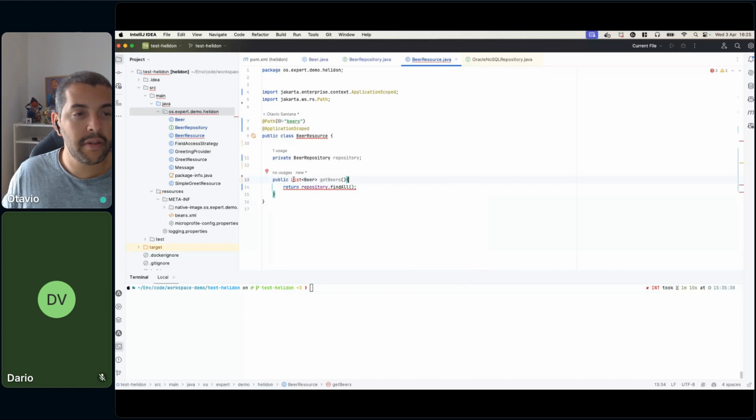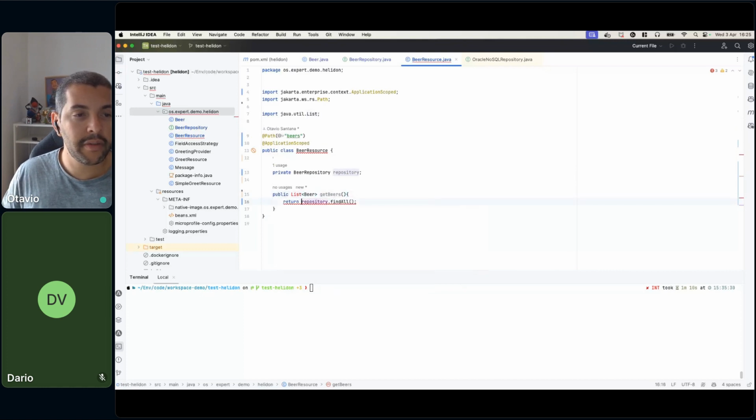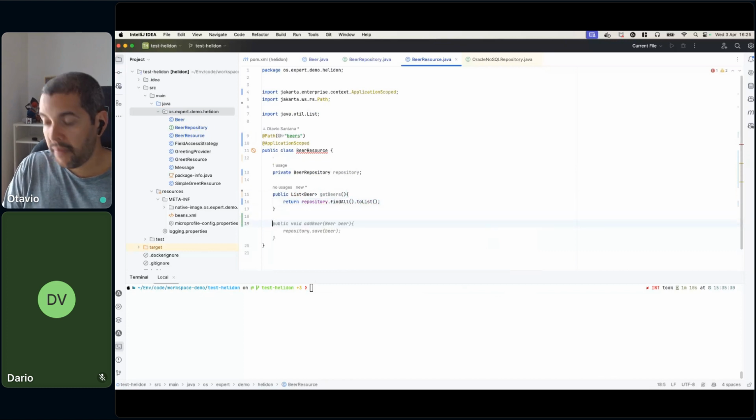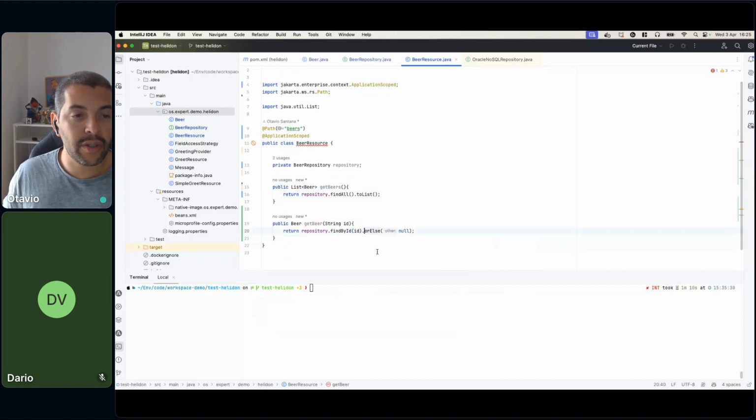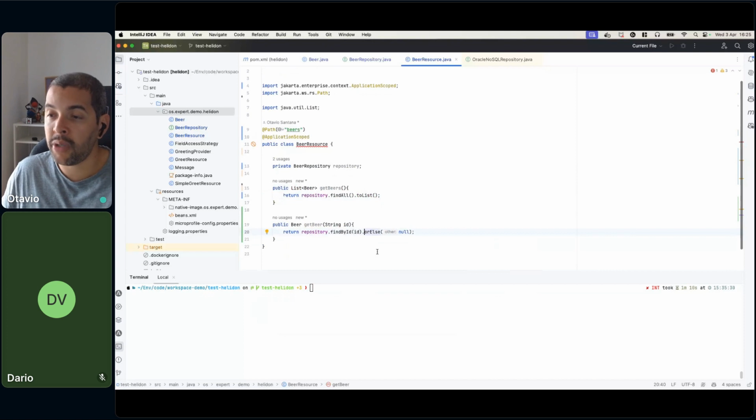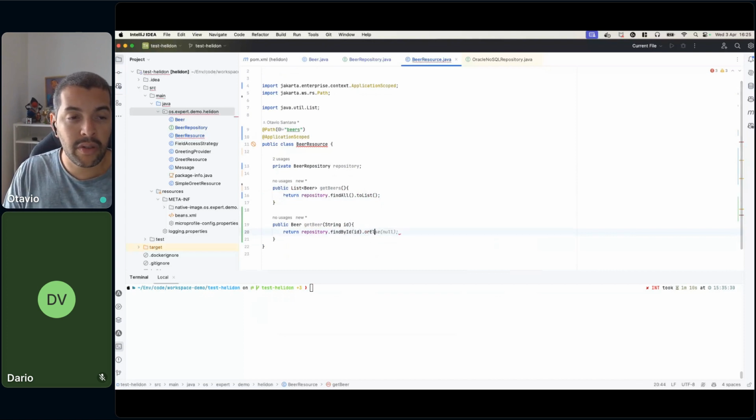define findAll. So let's import here. I need to convert to list. Then I will do, oops, Inject. I will do a public Beer getBeer. Of course, I will avoid doing that. So I'm finding by ID, it returns optional. And then what I'm going to do, I will do orElseThrow,